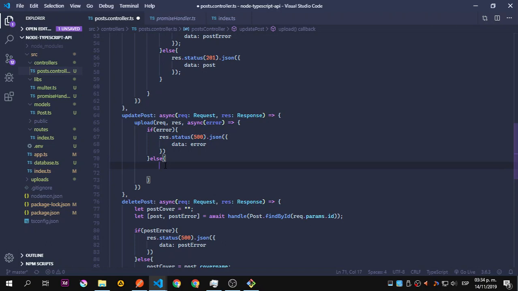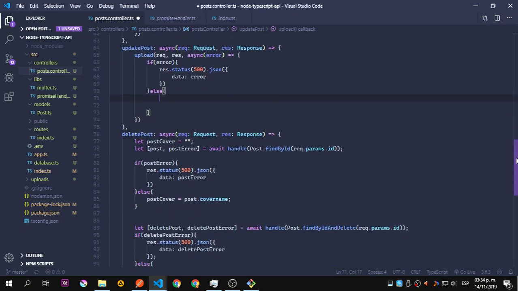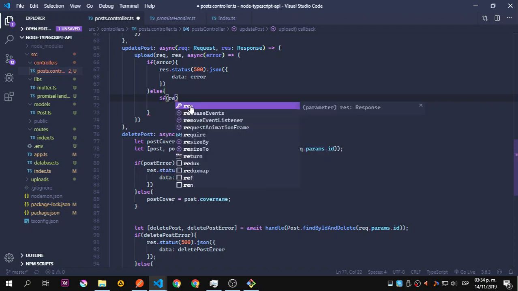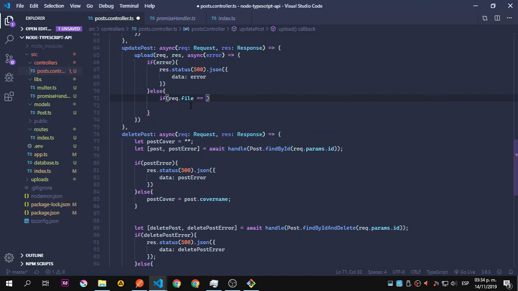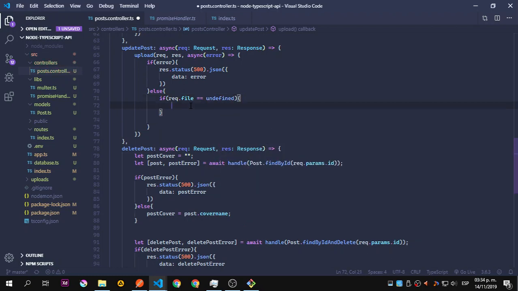Okay, so now because we are going to either handle a file or not, we will allow the user to change the file if they provide it, of course. So we need to make a check here. Remember that request.file is the thing that Multer allows us to have, so we can see the file instance. And if the request file is undefined,